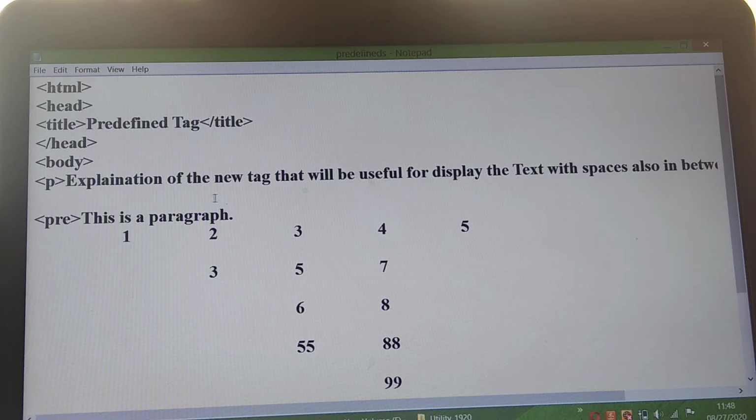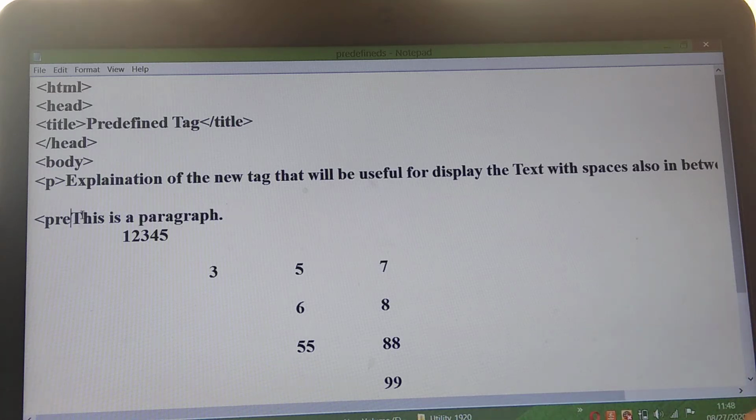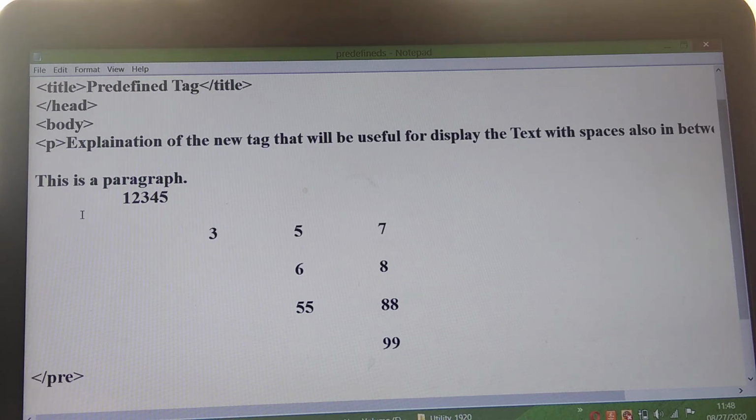Now if I am not leaving the space in between that, and if I am not using pre-tag, what will happen? Firstly we will see what will happen.